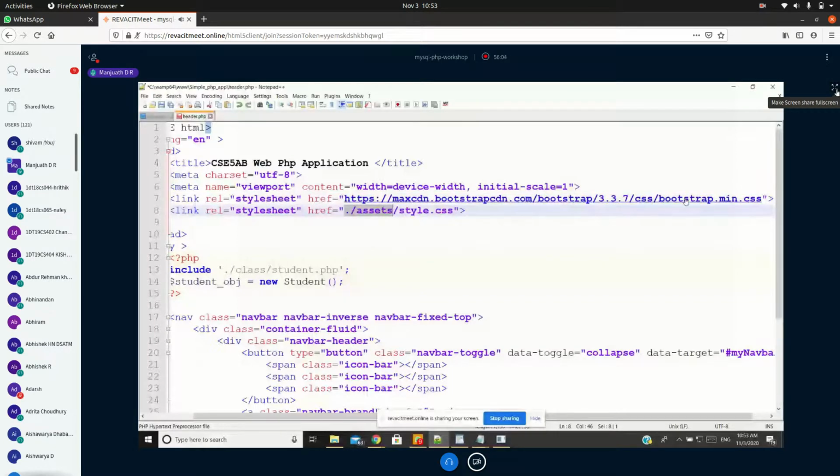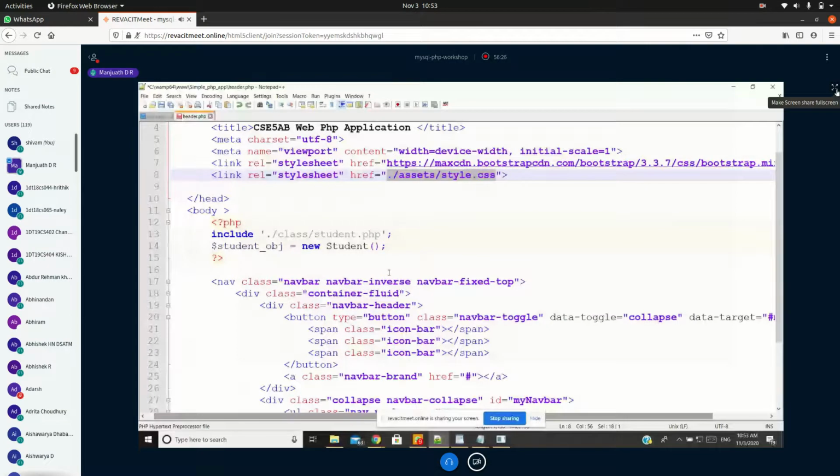Then you have to give the link like this, pointing to bootstrap.css in assets. Instead of giving the entire URL, you put this.